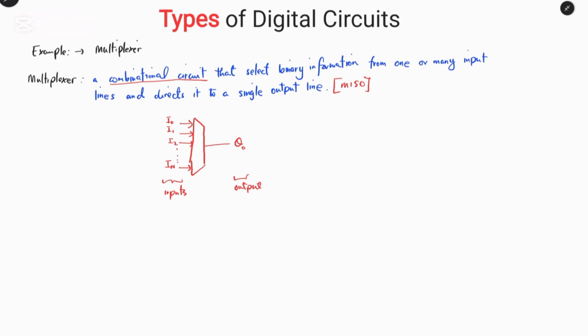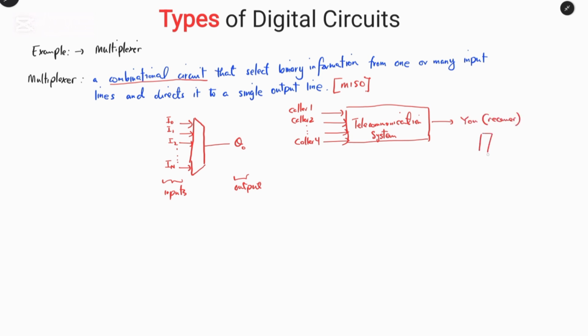As an example, I will give you a scenario. If we have a telecommunication system, and we all know what a telecommunication system is, this system is responsible for directing and transmitting signals from the transmitter to the receiver. So imagine if we have a caller. We can say caller 1, caller 2, caller 3 all the way to caller 4, and this is you as a receiver, and you have your mobile phone,